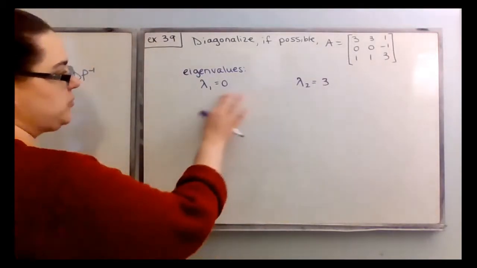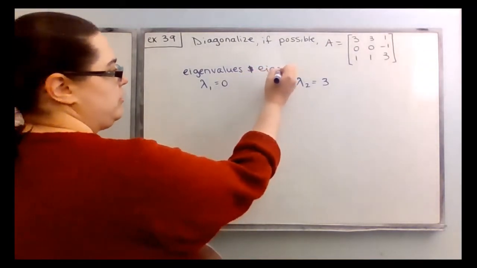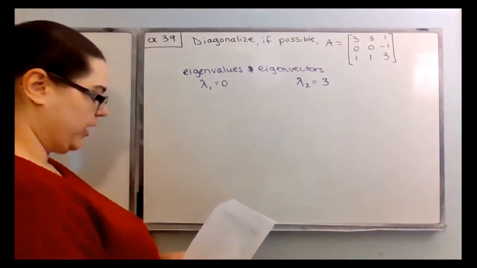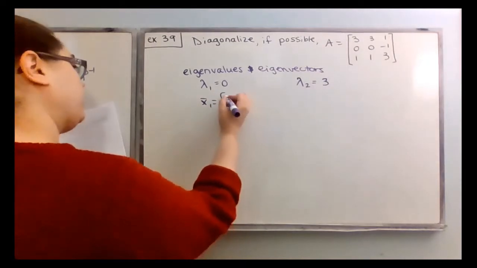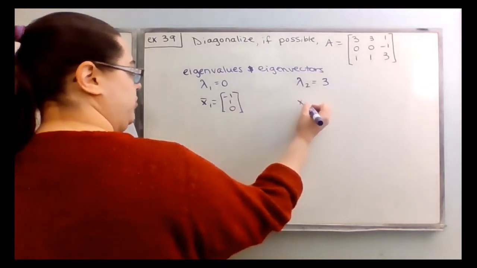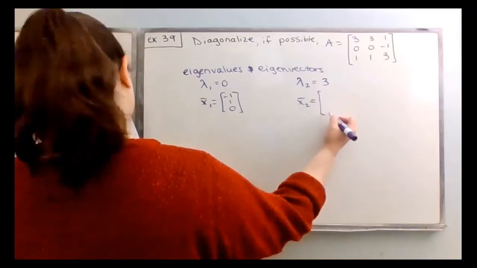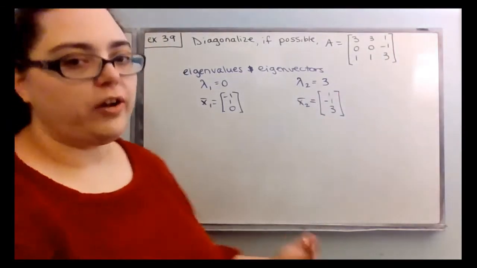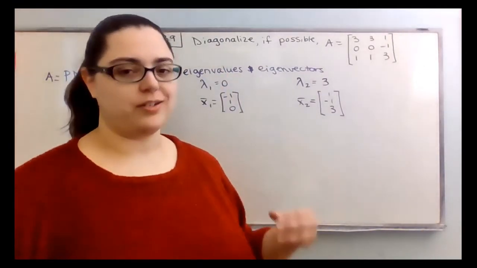When lambda 1 was 0, let's also state the eigenvectors. When lambda was 0, I got an eigenvector of -1, 1, and 0. And when lambda was 2, I got an eigenvector of 1, -1, and 3. Now, I'll also just remind you about some stuff that we talked about with eigenvalues and eigenvectors, especially with regards